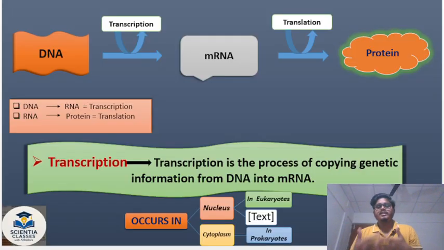एमआरएनए जाता है साइटोप्लाज्म में, जहाँ जाके उसकी मीटिंग होती है एक बड़ी सी मशीन से, जो मशीन होता है राइबोसोम. राइबोसोम को आप ऐसे मान लो कि इट्स लाइक प्रोटीन फैक्ट्री, प्रोटीन मेकिंग मशीन, एक मशीन मान लो जहाँ पे प्रोटीन बनता है, ठीक है. तो राइबोसोम से एमआरएनए का मीट होने के बाद राइबोसोम एमआरएनए को डिकोड करना स्टार्ट कर देता है. उसमें से चुन चुन के निकालता है कि कौन सा सीक्वेंस उसको चाहिए,